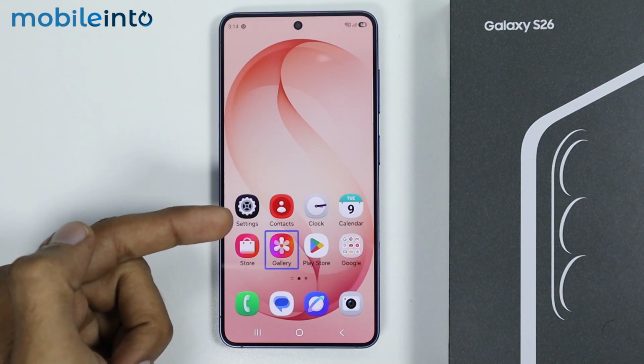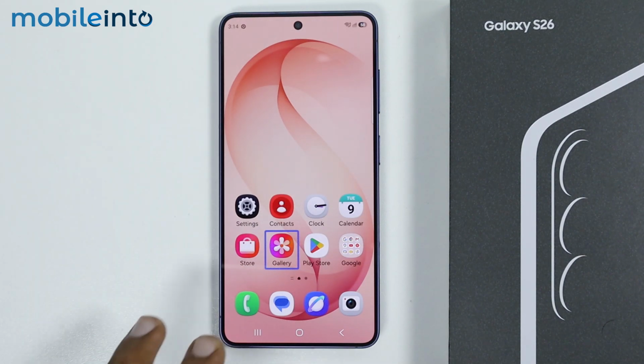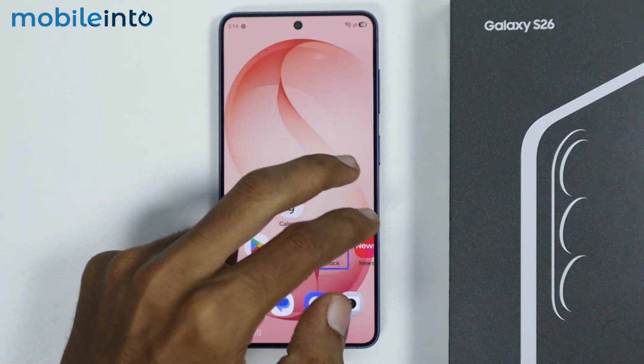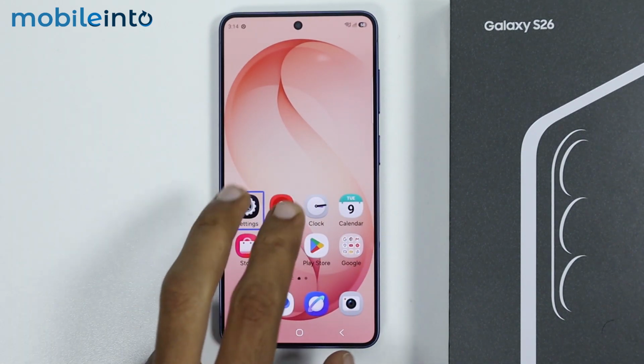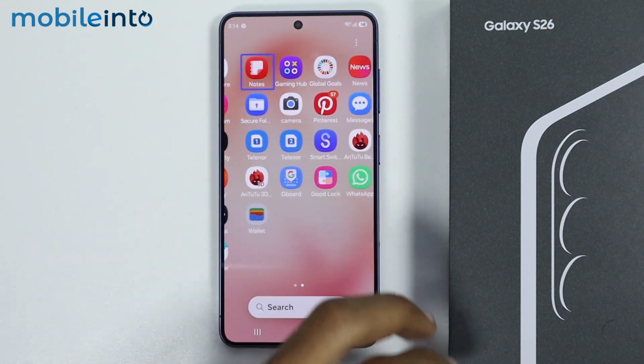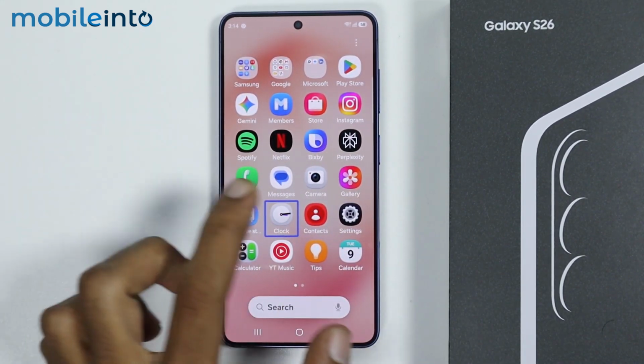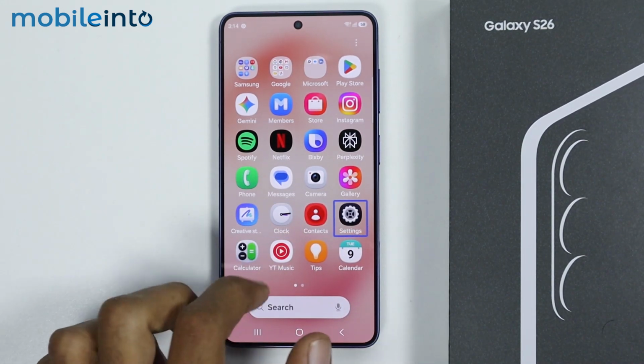Now, if you cannot find the Settings app on the home screen of your Samsung phone, then in that case, just swipe to the right or to the left side using two fingers. Or you can just swipe up using two fingers and you will be able to open the app drawer. Now after you find the Settings app on your Samsung phone, now just tap on it to select it, then